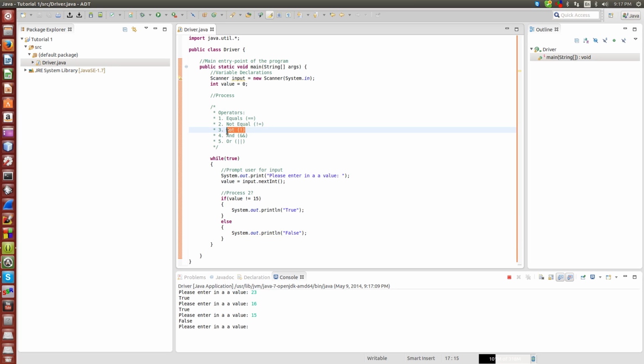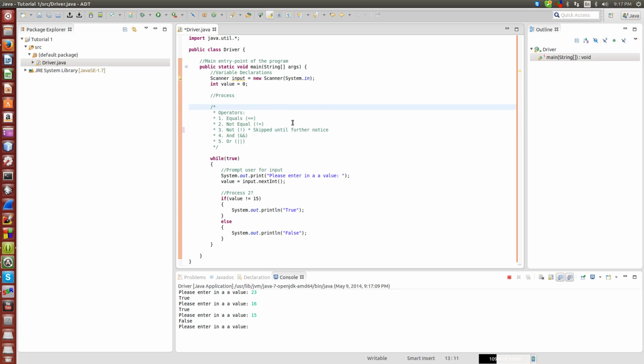The not operator pretty much works the same. It's more for booleans though. So actually I'm going to skip this operator for now, and we're going to go over it later when we start working with booleans. So I'm just going to put a star here and say skipped until further notice,